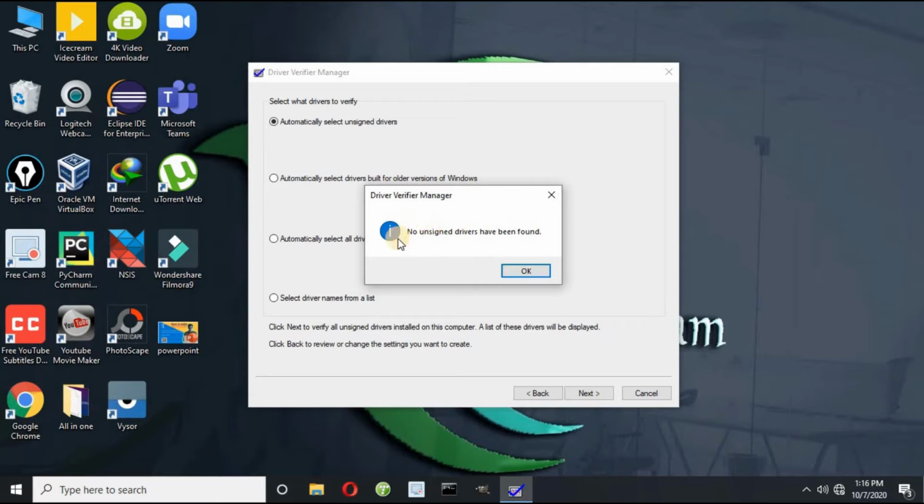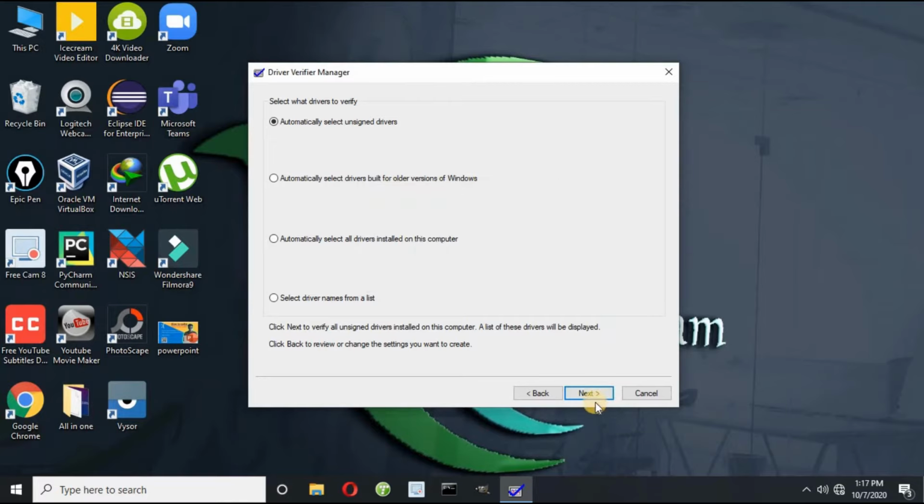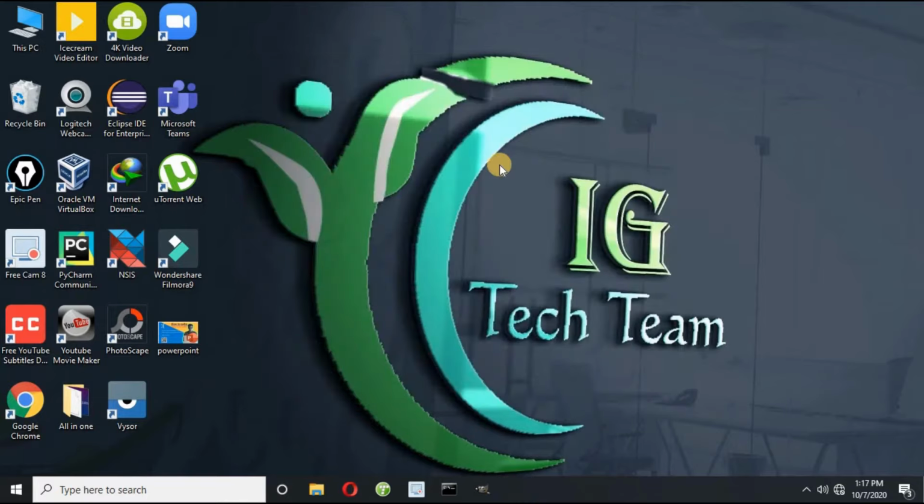You can see here no unsigned drivers have been found. So we have no problem with unsigned drivers. So let me click on OK and close this. In the same way, you can check all your driver issue problems.